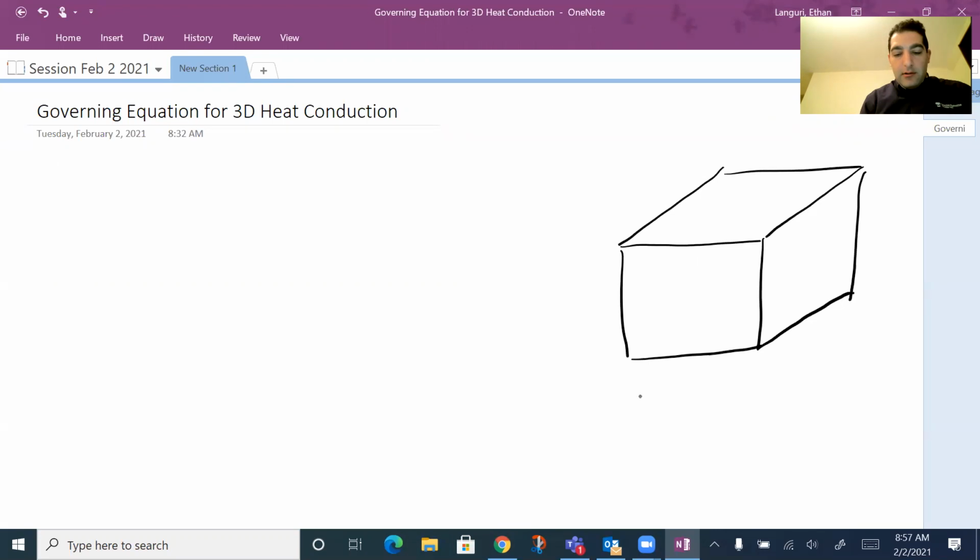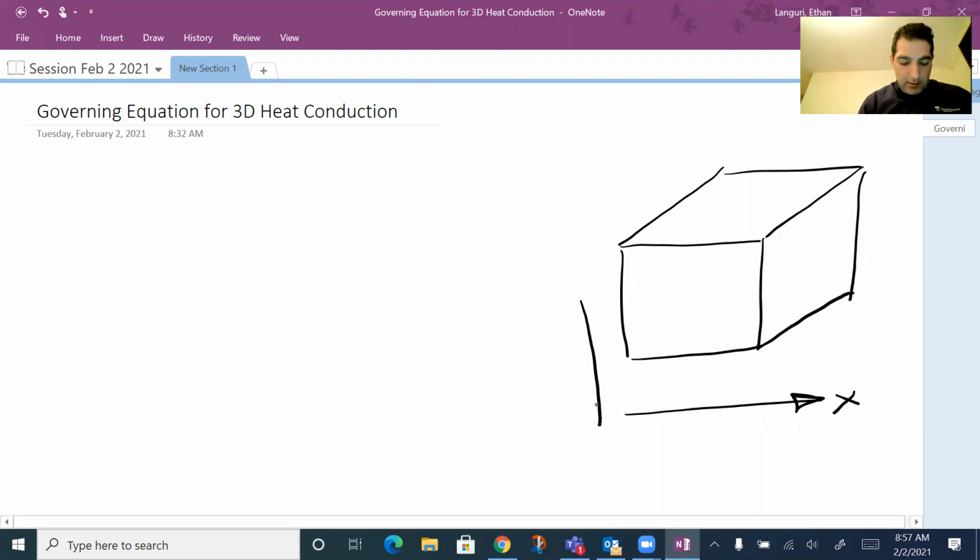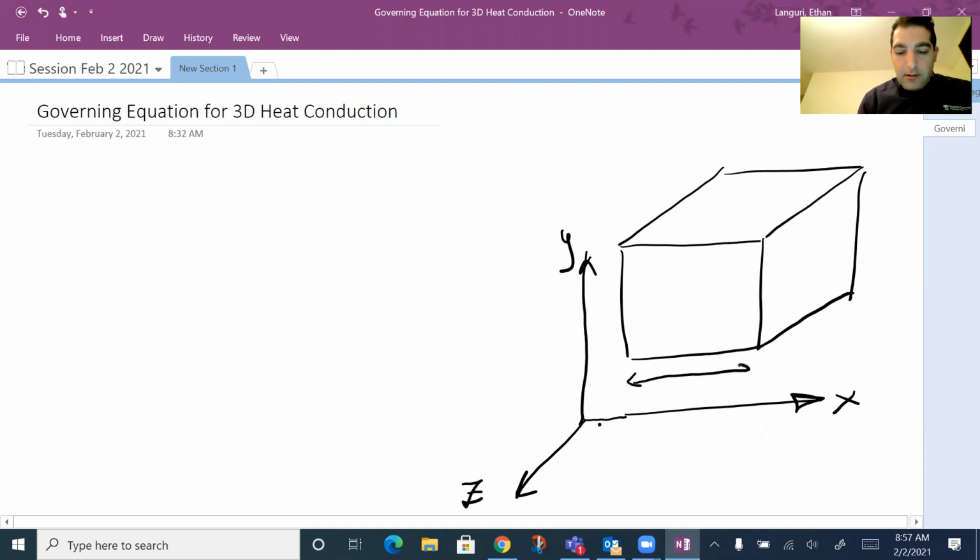element. So let's assume this is my x direction, vertical is my y direction. So this is my y, and this is my z direction. In terms of dimension, this is my dx, along the y is my dy, and along the z is my dz dimensions of my